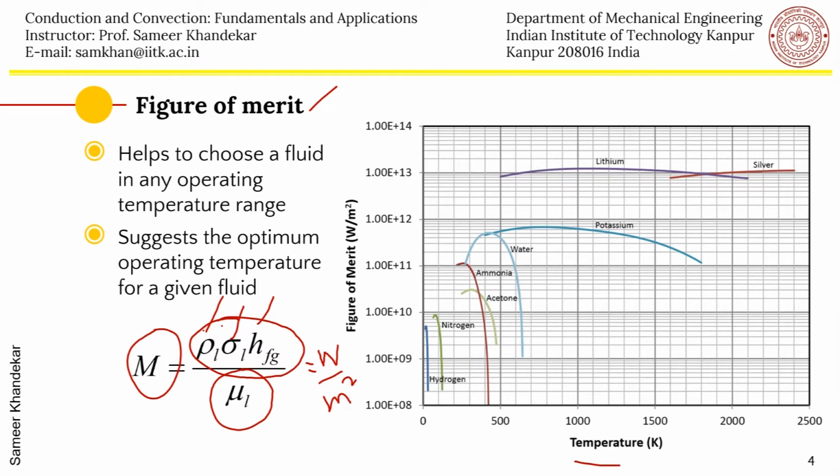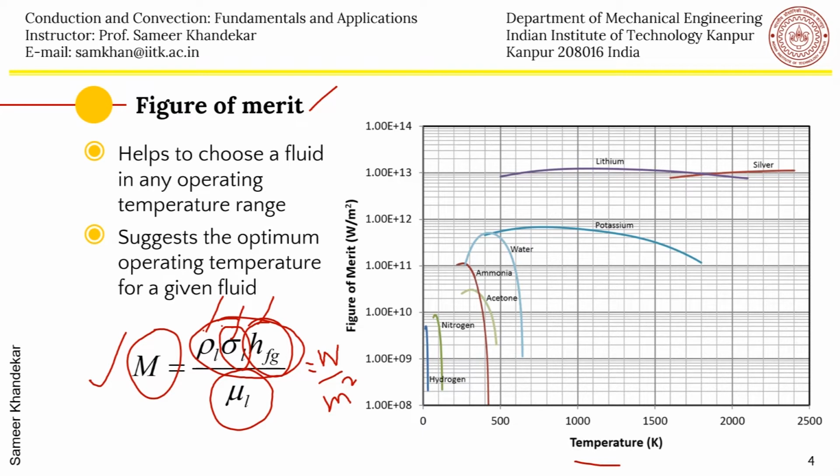And you also know that as you go towards the critical pressure, the HFG reduces. So you can see the sigma also becomes nearly zero at the critical point, and the HFG also becomes zero. So essentially the figure of merit will go towards zero as we go towards the critical point. And naturally freezing point, it doesn't make sense. Usually these are plotted in between these two limits,